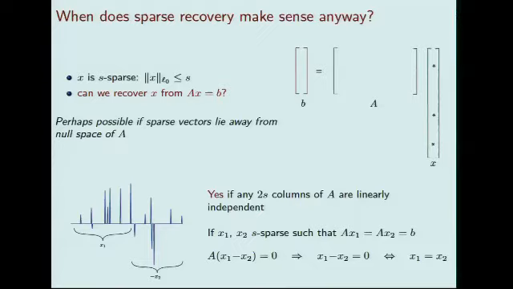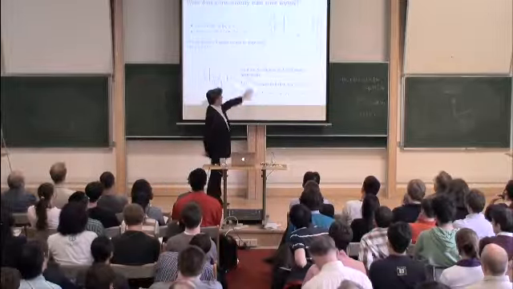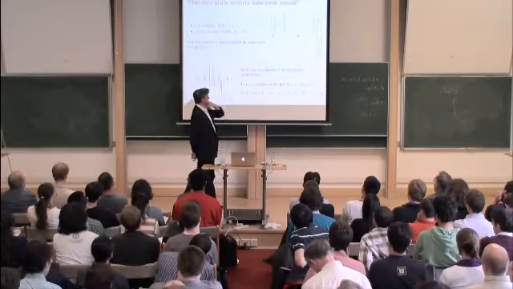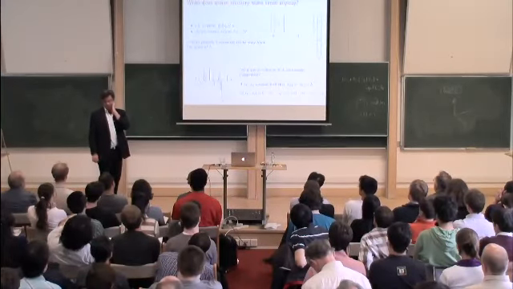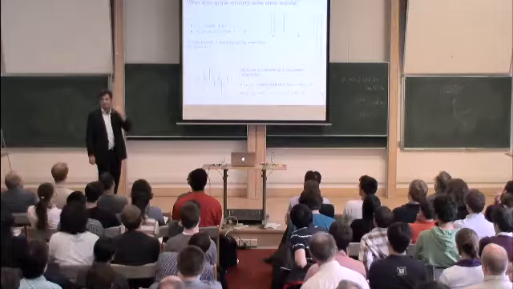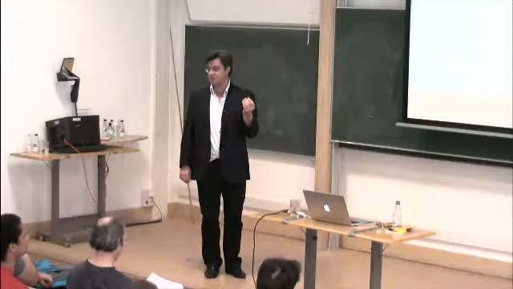So what you can prove, and what anybody can see, is that yes, it is possible if you have an algebraic property about this matrix A, which is very simple: you take any two S columns of A and they must be linearly independent. If I take any two S columns of A and they are linearly independent, I claim that if there is an S sparse solution, it is the only one. So if you can find an X which is S sparse, which fits AX equals B, then you can guarantee that there's no other.